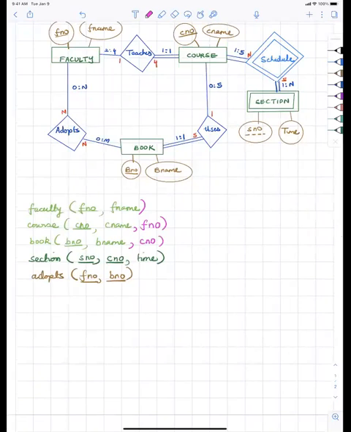Okay, so there are other things. I mean, you can just play around with this example. So you could check, suppose instead of doing this as a 0:m relationship, suppose I changed it to 0:1. If I made that change, how does that change the tables? Would it change the tables in any way? So this you can try on your own. If you make from a 0 to m, if you made this a 0:1,